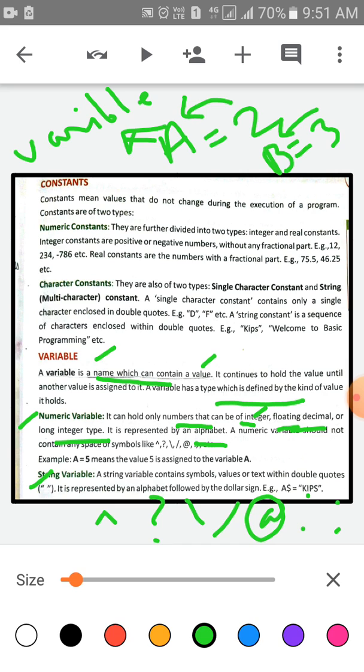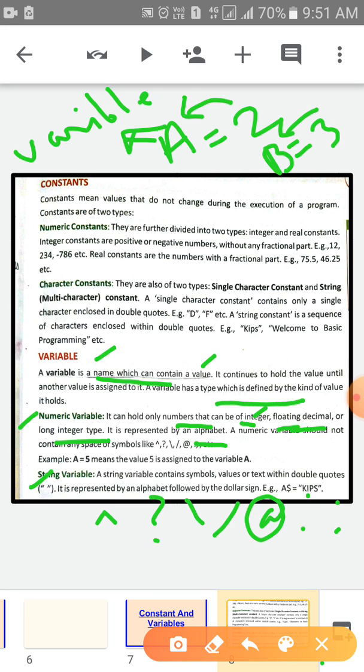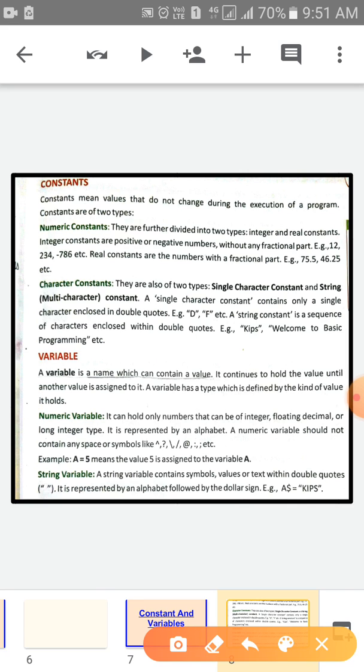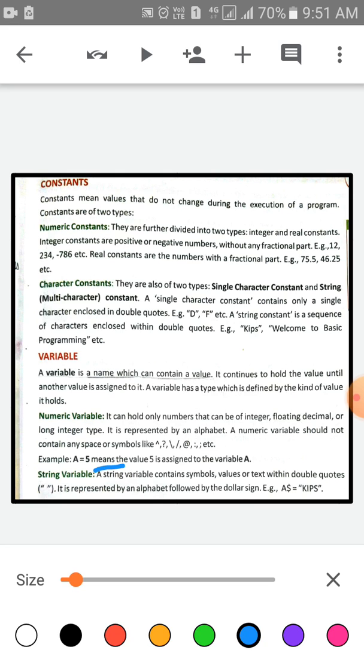Children, example, A = 5 means the value 5 is assigned to the variable A. Now come to the string variable. Children, a string variable contains symbols, values or text within the double quotes.